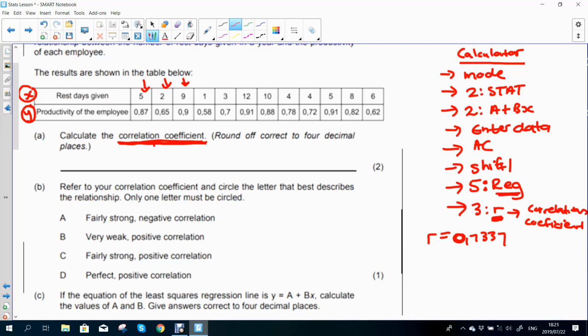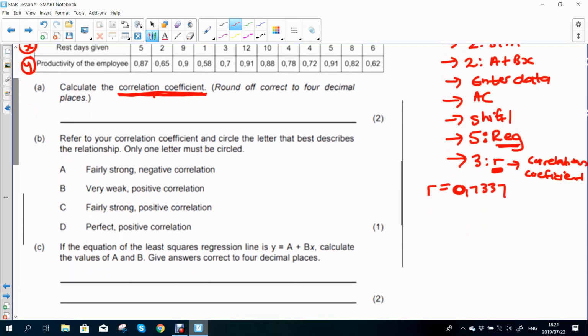I'm definitely not going to go over that, so please go and revise what to say if r falls in between certain values. But normally, when you have an r that's very close to 1, okay, this is 0,7, so it's not that close to 1. I would say this is moderately strong. That is what my answer would be here. Moderately strong.